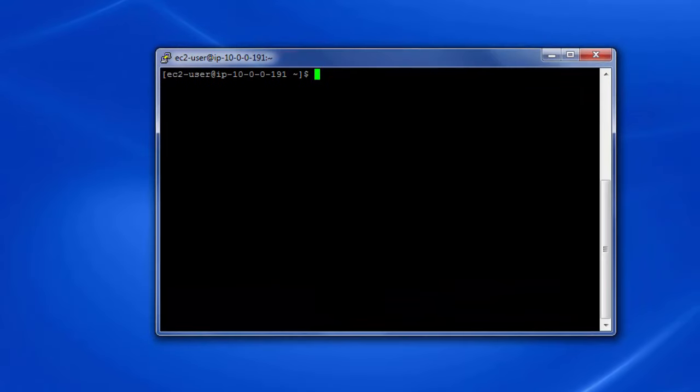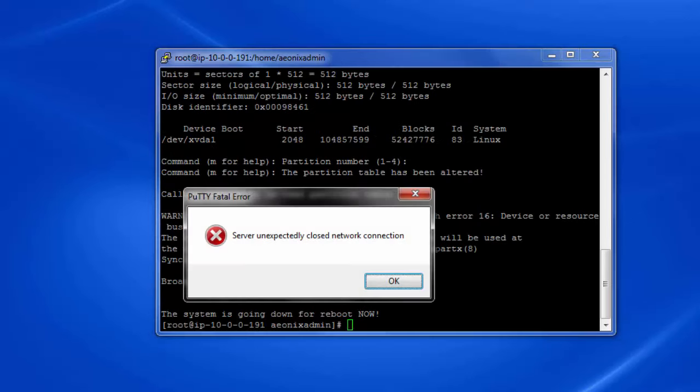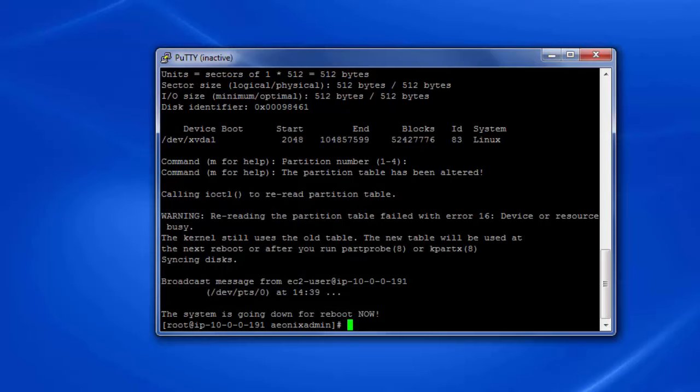Okay, now that we're in, we need root access, so we run sudo su. And we have root access. We're going to go to home, Aeonix admin, and we're going to run setup.sh. Now, what happened here is that running setup.sh automatically disconnected PuTTY, and this is a mandatory part of the